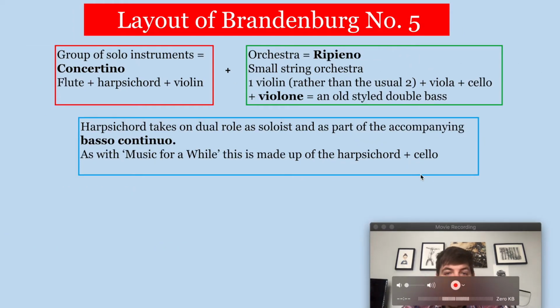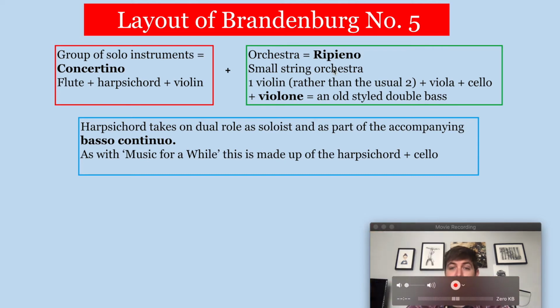So let's have a look at the layout of Brandenburg Concerto. There are groups of solo instruments, as we said. The concertino up here, which is the flute, the harpsichord and the violin. You've got your orchestra, which is the ripieno, a small string orchestra, one violin rather than the usual two. There's only really one violin, a viola, a cello, and then something called a violone, which is a double bass,